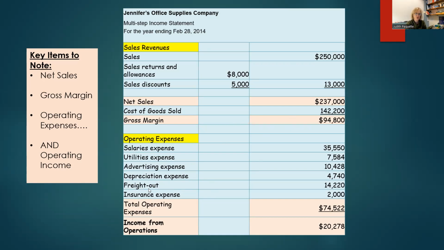And then we have something called freight out. You can call this account freight out expense if you want, or just freight out. This cost is different from the other freight we talked about earlier. This cost is if Nordstrom is shipping product directly to a customer, and then it's freight out. And finally, insurance. You add up all your operating expenses, subtract them from gross margin, and you get income from